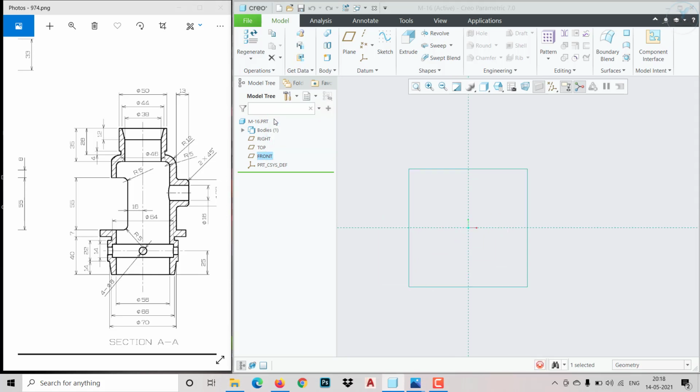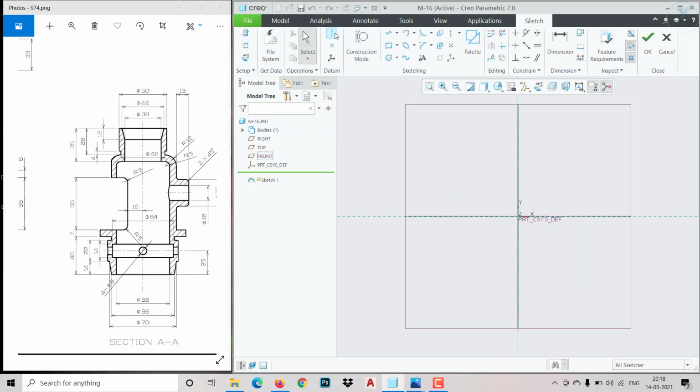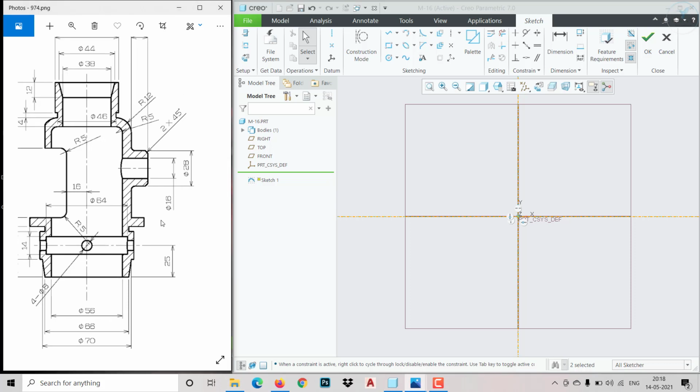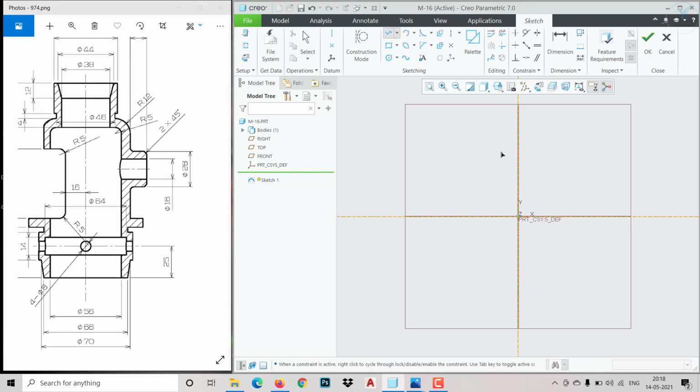As it is coming normal, you can use the center line. Let me click over here. I require horizontal and also vertical, so place it. After that you can start working on this profile. Let me make a simple shape first for specifying the first dimension, so I can create it accordingly.